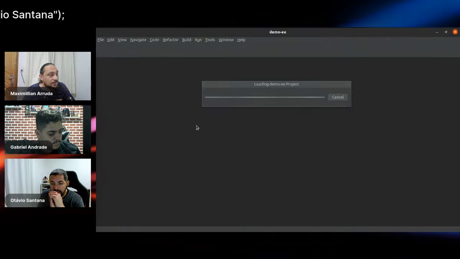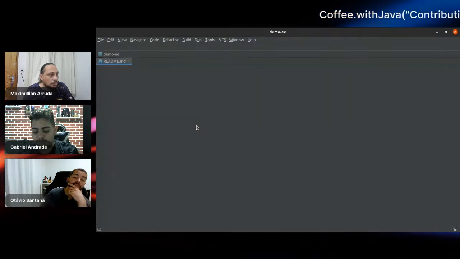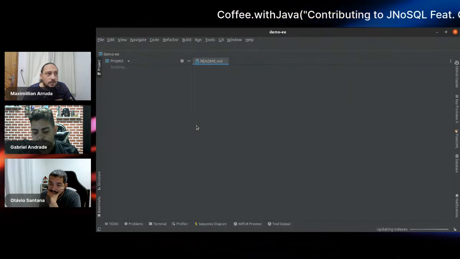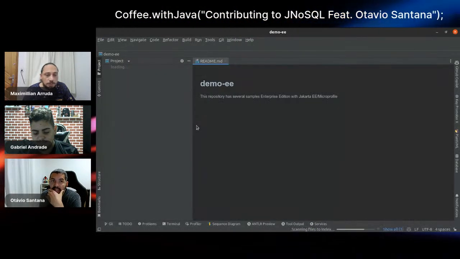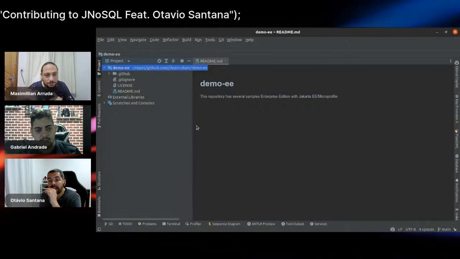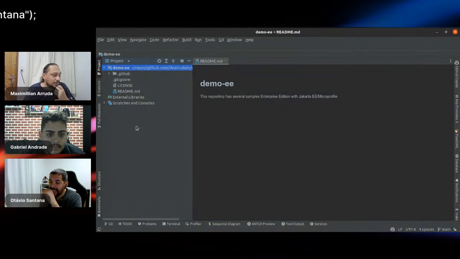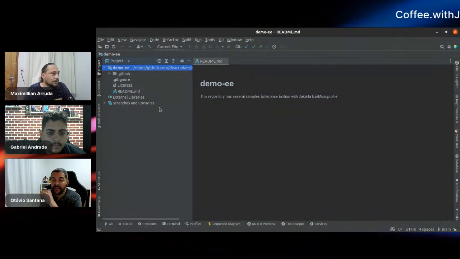It's better to create a multi-module project, because you could use the same pattern where we need to have several modules.